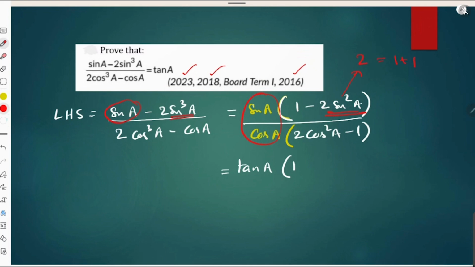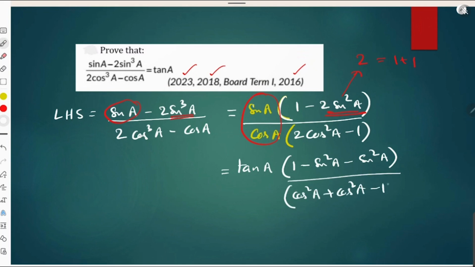So you can write 1 minus sin square A minus sin square A. And the denominator also, you may write 2 cos square A as cos square A plus cos square A. Now, if you observe, from the first identity, sin square A plus cos square A is 1. Then what will be 1 minus sin square A? Yes, it is